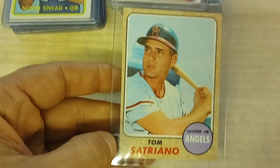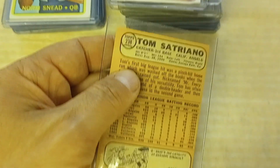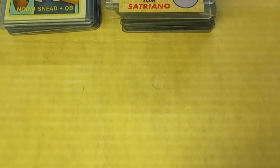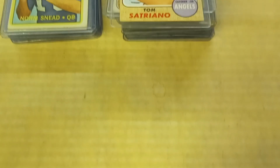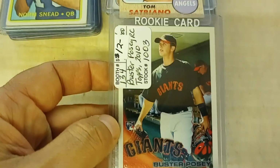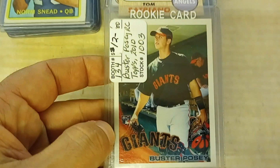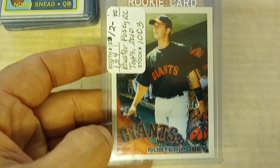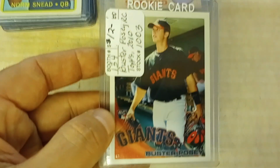Tom Satriano. This is a 68. Again, I picked this one up because of condition. See if it's better than the one I have in my set. But then these are the kind of cool ones that I saw. This is a 2010 Buster Posey rookie. And I know that it's a Buster Posey rookie, so it was worth